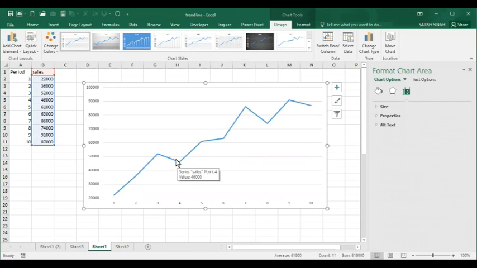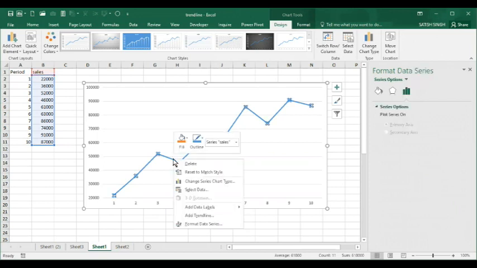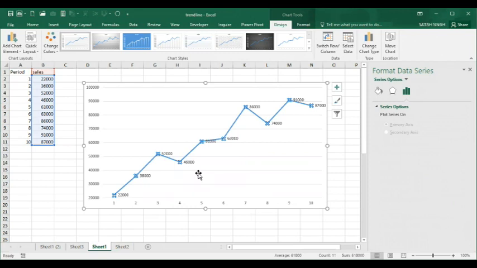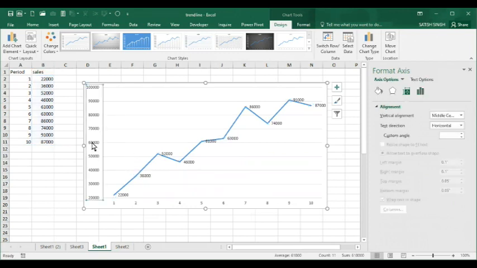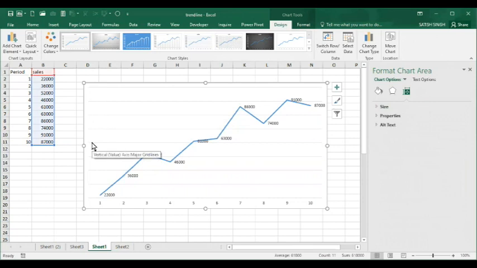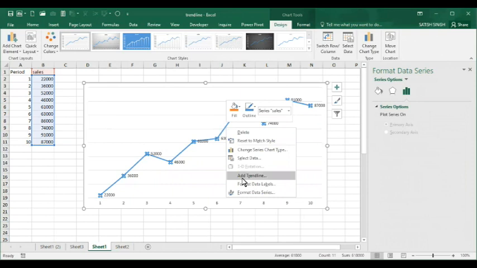If we want to apply labels here, for that what we can do, just right click and go to Add Data Labels. So now it is showing the labels, and if you have done the data labeling this way, you can delete this data. So again the graph is looking better. And next, what is important, what we want to learn, is how to do forecasting.